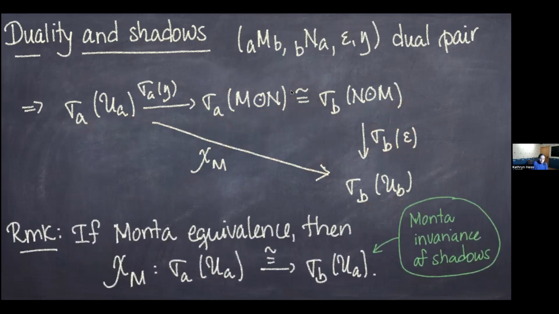And in the case when this is a Morita equivalence, then epsilon and eta are both isomorphisms. And since the sigmas are actually functors, this will be an isomorphism and this will be an isomorphism as well. And so the whole composite will be an isomorphism. So what it tells us is that if this dual pair is actually a Morita equivalence, then this Euler characteristic is an isomorphism. So it's telling us that anytime we have a shadow, we have Morita invariance of a